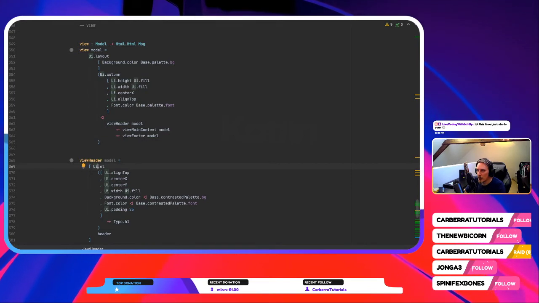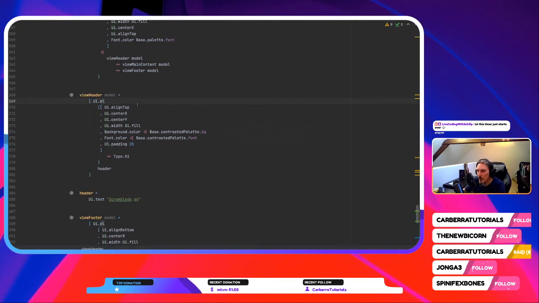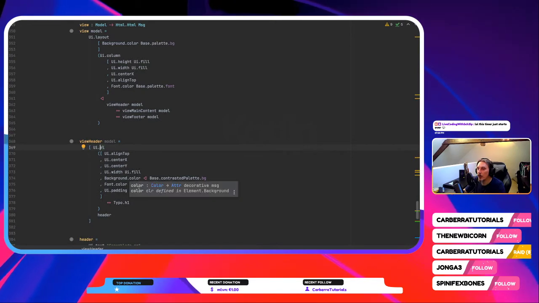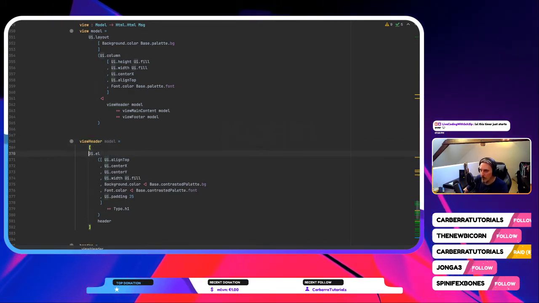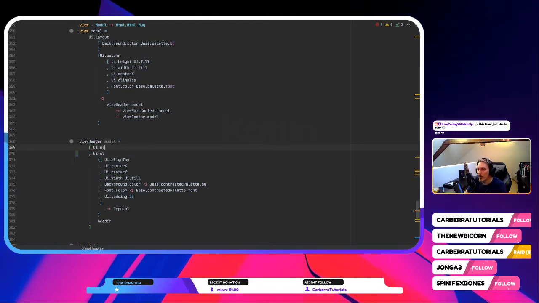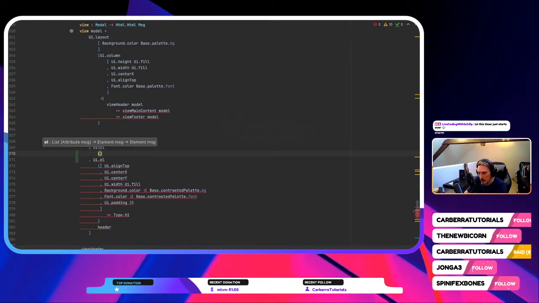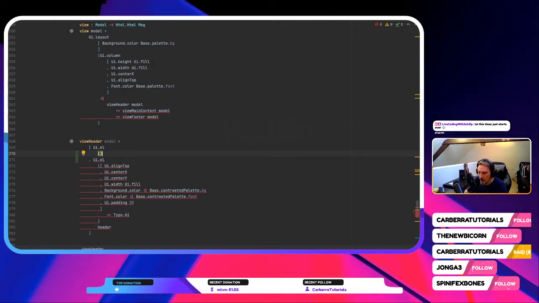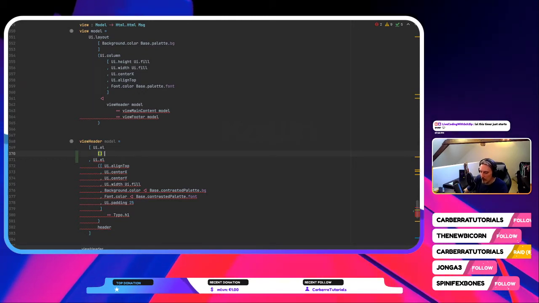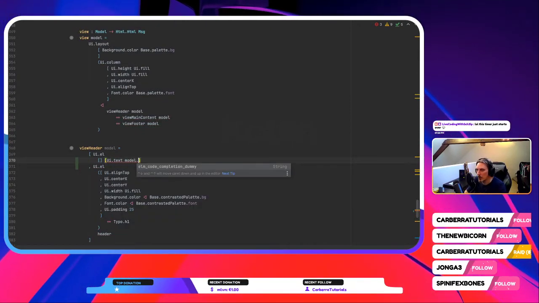So maybe our model or our view header, sorry. This is like the single element there, but maybe it can become a UI column as well. Or, since it's a list anyway, we could just do this and then create another element. I don't think I need this stuff. So it will have two elements. One is the attributes, or arrays I should say. One is attribute and the other is UI.text containing model dot